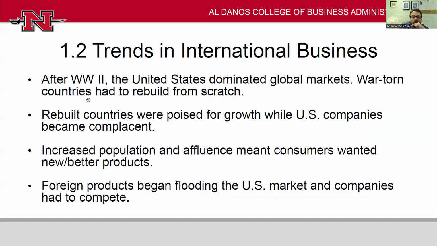Some of the trends in the international business environment. Following World War II, the US, which actually emerged from World War I as the dominant economic powerhouse, really had that emphasized following World War II. The destruction that laid waste to parts of London and Germany, which were the two economic powerhouses before World War II, really gave ascendancy to the USA. Now, the interesting thing here is that these European areas, Japan, same thing. Japan was decimated by World War II.